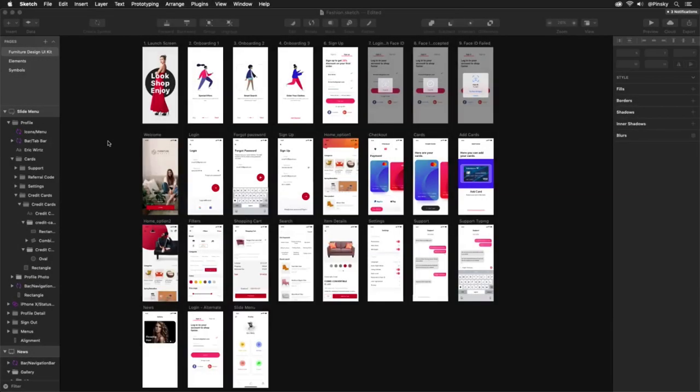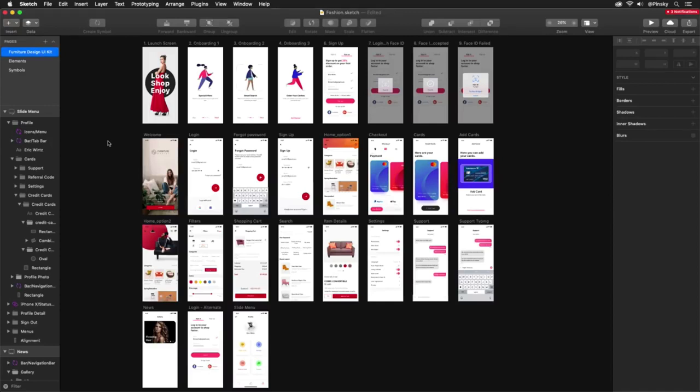As XD continues to evolve, more features are being brought to the table that offer designers unique experiences to take their projects to new levels. Whether you want to take advantage of fully overridable components, repeat grids, or robust prototyping, including auto-animate, voice, and gamepad support, let's take a look at how you can import your Sketch files into Adobe XD.